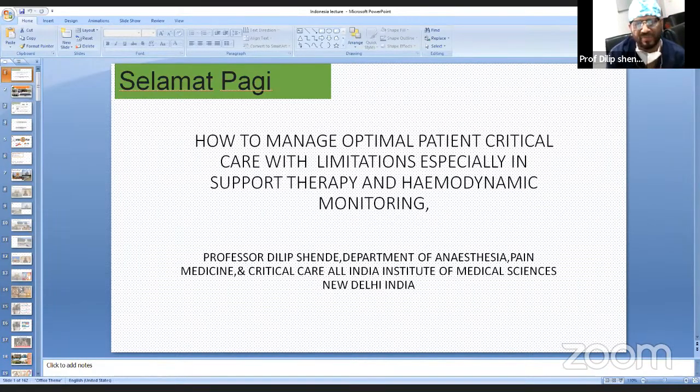So let us come back to our topic: critical care management optimization in a resource poor or constrained state. It has a definition. It defines the locales where the capacity to provide care for life-threatening conditions is limited to basic critical care resources, that is oxygen and drugs. It may be further stratified into categories like absolutely no resource, limited resource, and limited resource with a facility to refer.